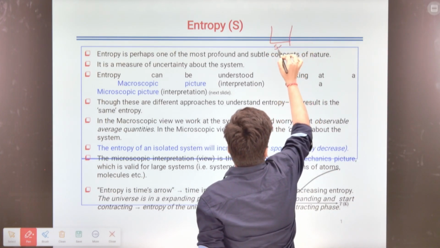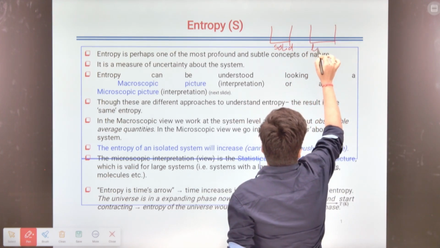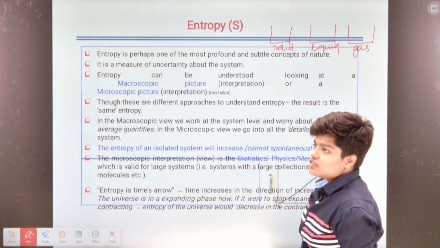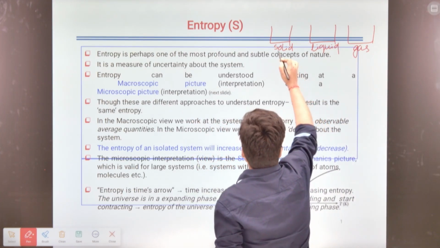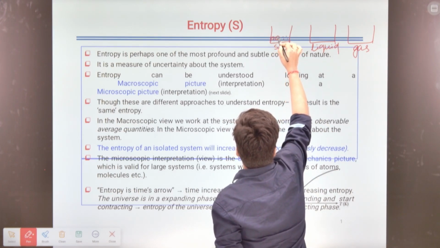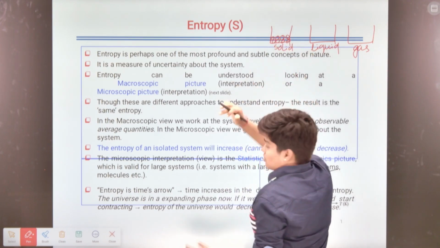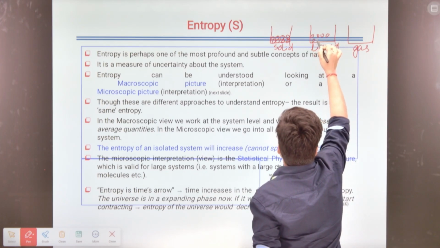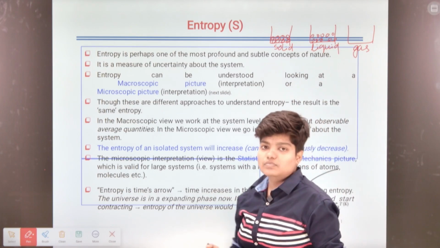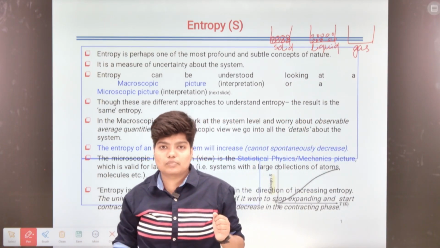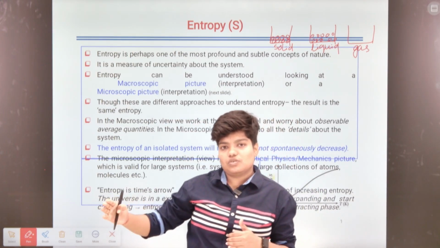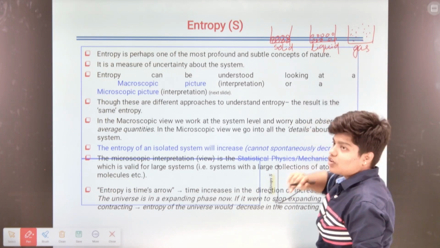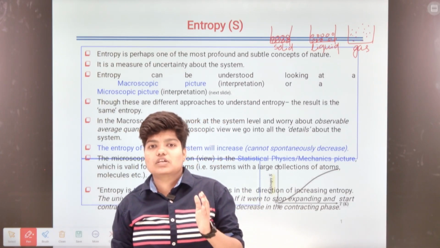Let this be a solid compound, let this be a liquid compound, and let this be a gaseous or gas compound. In a solid compound, the atoms are compactly bonded to each other, and we cannot separate them easily. In a solid, they are closely packed, but in a liquid there is some distance between the atoms, in contrast to the solid. But in the case of a gaseous compound, the randomness of the atoms is more, like this, they cannot be stored in a compartment, because the disorderness or the randomness or the uncertainty is